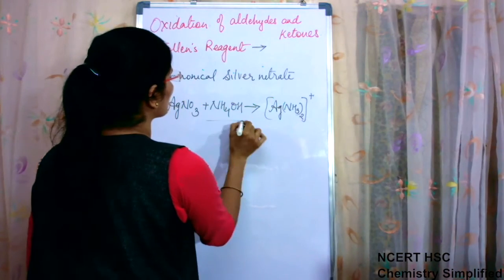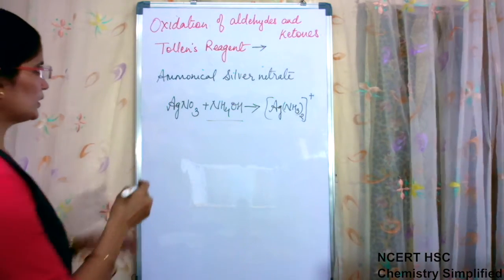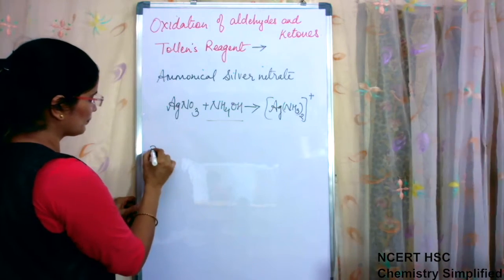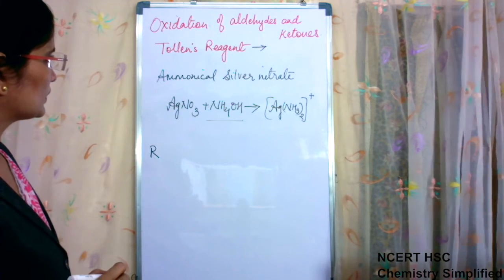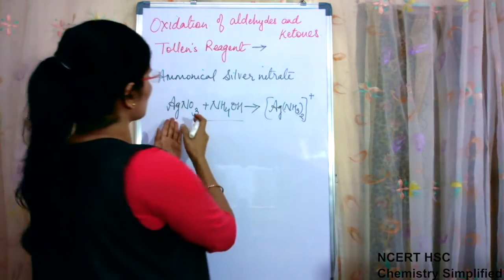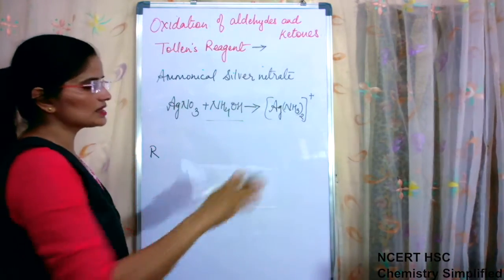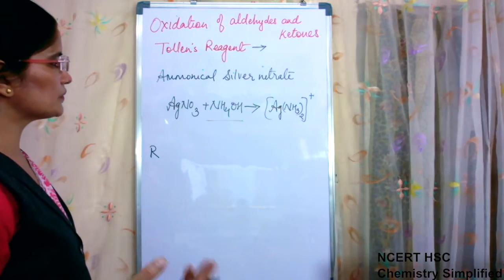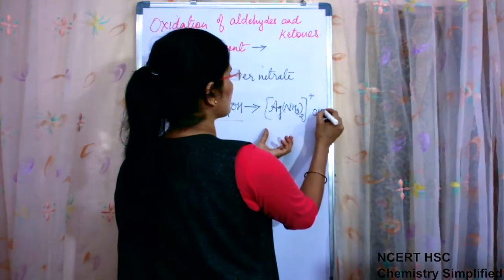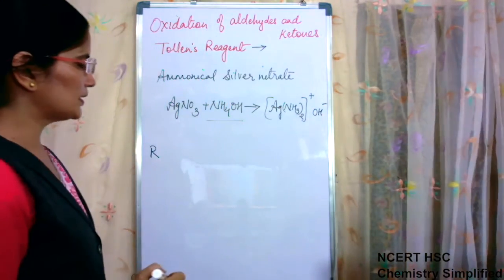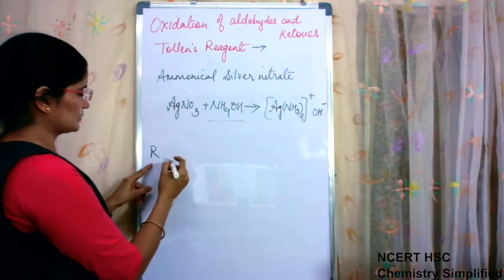So it is NH4OH. This ammoniacal silver nitrate will act on aldehyde. [Student question in Hindi about oxygen in the ammoniacal compound.] See, in this complex it is not used, but it is formed as a byproduct. The byproduct is not needed, so we are not writing it. The main compound which is needed is this, and the medium remains basic, so OH is also there with it, which will be required in the reaction, and the rest is byproduct.